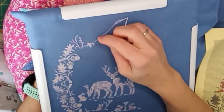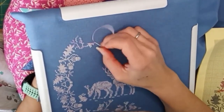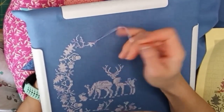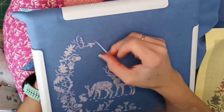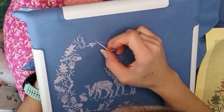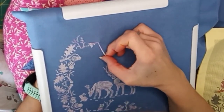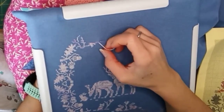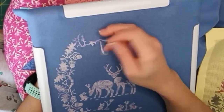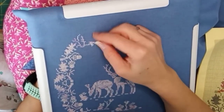I have a Diamond Art Club in process, but I've been doing so much stitching that I've not really done very much lately. So I showed him what I meant, because he's seen us doing diamond painting. My little boy likes it very much, actually. He's got that kind of methodical attention span where he can sit for a good three quarters of an hour and do some diamond painting. We did a shark one, he did all the exciting bits on the shark and I did all the blue background,